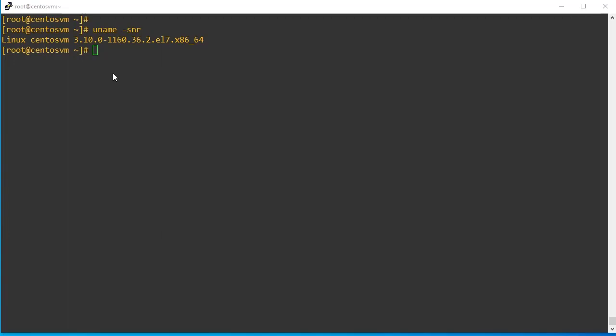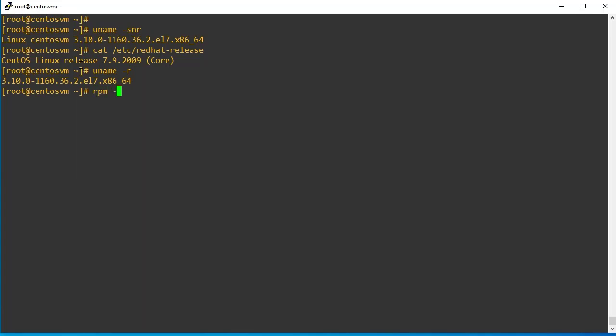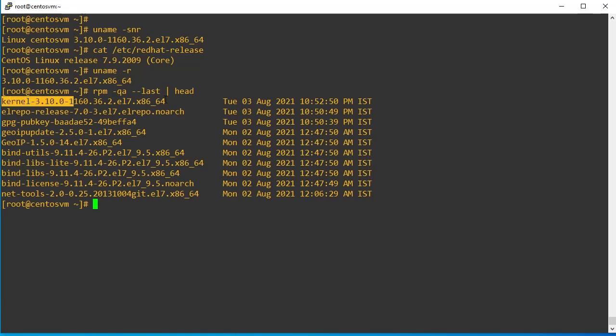Today we are going to learn how to set the default boot kernel in Red Hat and CentOS 7 or 8. In my case, I am having the CentOS operating system, that is 7.9 version. Recently I have done the OS patching, like a kernel upgrade, post which my system booted with the latest kernel. We can check it using uname. You can see here my system booted with the latest kernel. So due to the latest kernel upgrade, after reboot my system booted with the latest kernel.